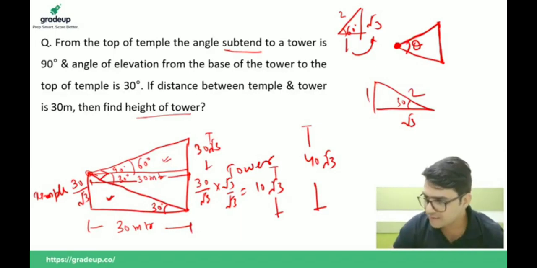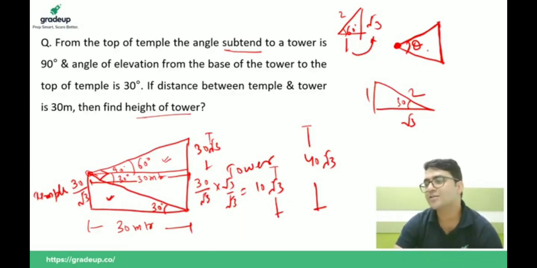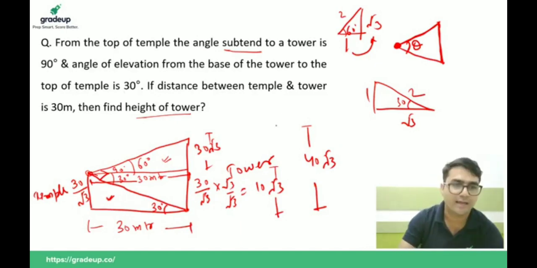Yes, Vivek, now you come to know what is angle subtend. Okay, Sai Krishna, where do you have the specific doubt? How did the 60 degree angle come? Sai Krishna, if this is given in the question as 30 degree, then this will also be 30 degree. If this complete angle is 90 degree and this is 30 degree, this is 30 degree, then this will become 60 degree. Okay, Sai Krishna.